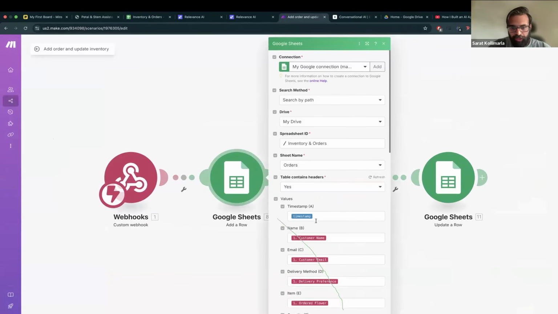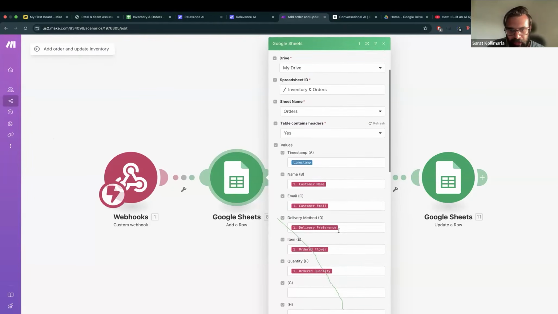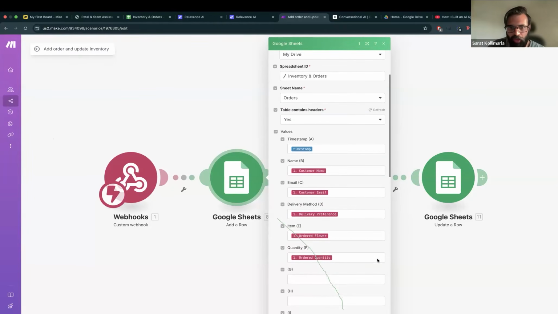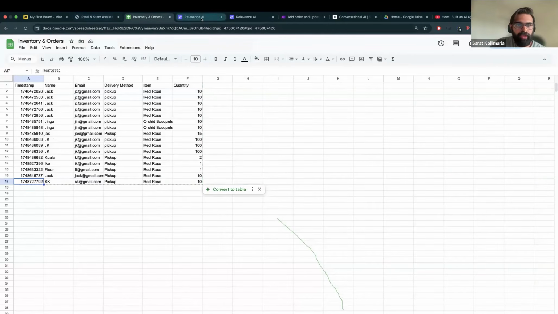Here, we are taking a variable called timestamp, which records when the order is being created, and we're passing the user's name, email, delivery preference, and whatever they ordered. So we're adding a row, and it'll add to this order sheet here, and you will see it being populated. And then